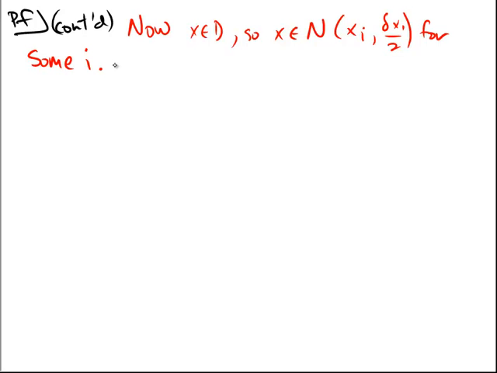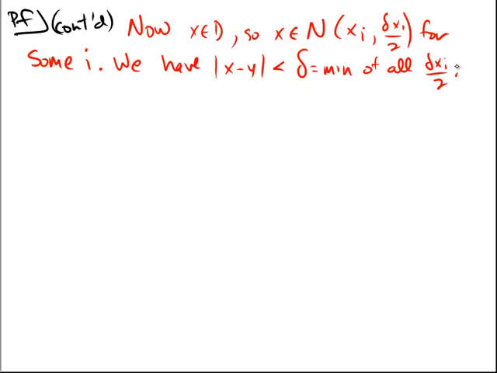So what do we get? We have that |x minus y| is less than delta, because it was equal to the minimum. This was the minimum of all the delta xi over 2's, so it's definitely less than the ones we need. So we forced |x minus y| to be less than or equal to delta xi over 2. Thus, so therefore,